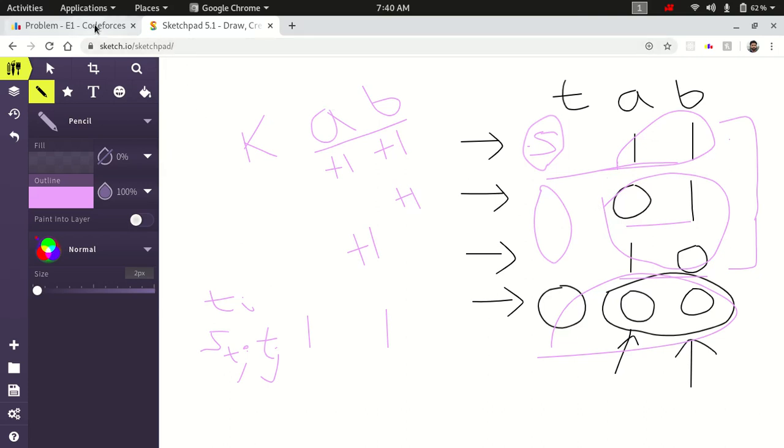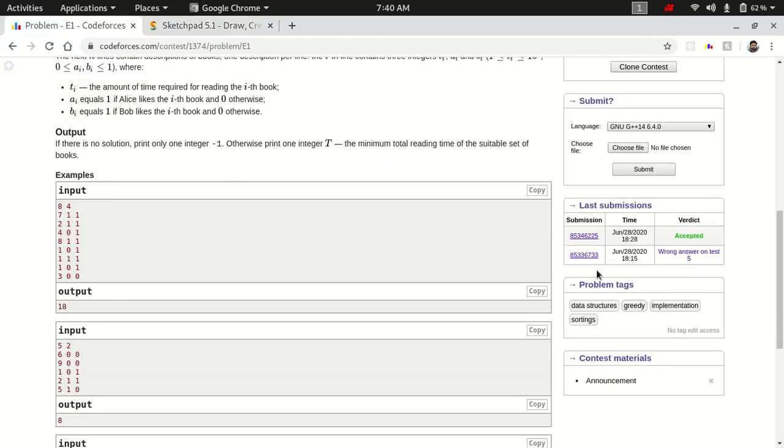So let me show you my code so it will get clearer.